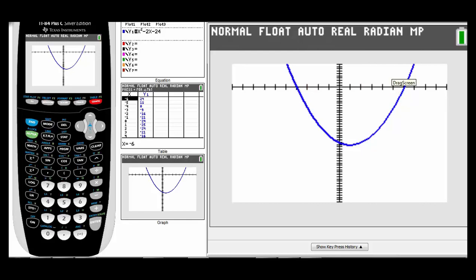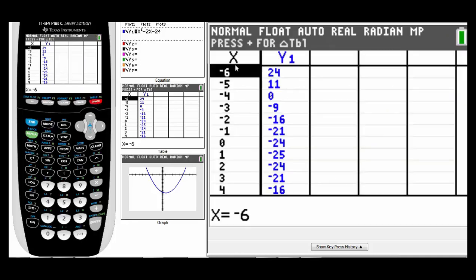Now, not all equations will have nice integer solutions. So if I want to double check those, one thing that I can do is I can go to second. Up above the graph key is the table key, and I want to hit second graph to get my table. And I'm looking right here for my solutions, and I see right away negative 4, 0 is a solution. That's where it crosses the x-axis at negative 4, y is 0. And if I scroll down,